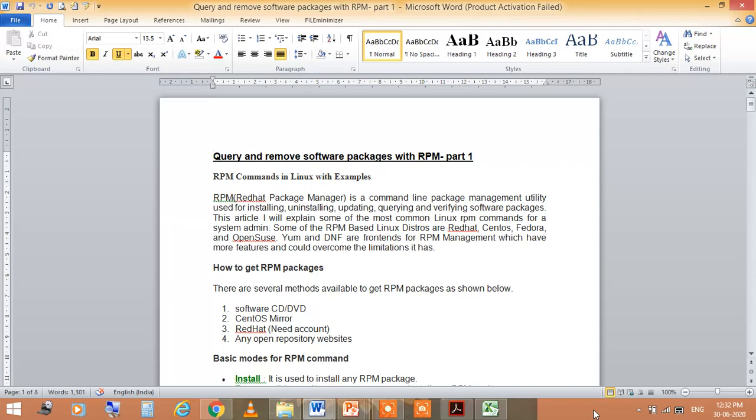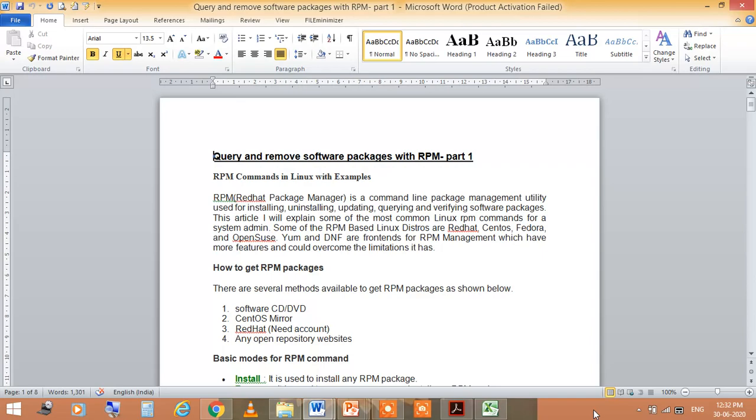RPM is basically the Red Hat Package Manager, and this is a command line package management utility which is used for installing, uninstalling, updating, querying and verifying software packages. In this, I will explain some of the most common Linux RPM commands for a system admin.